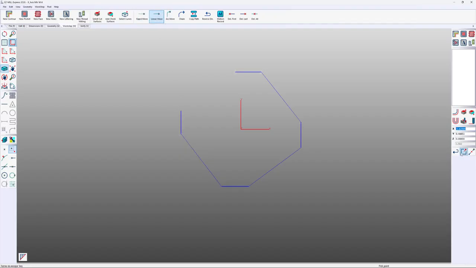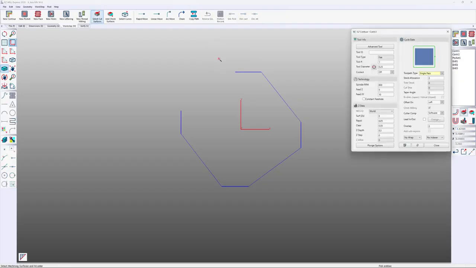Okay, now we've created our curve. So now we create a contour. We don't do anything with SmartClick. We're back to our tool number 1. The depth we'll leave at 0.3. So at this time you would reposition your clamps to clamp the actual part itself.